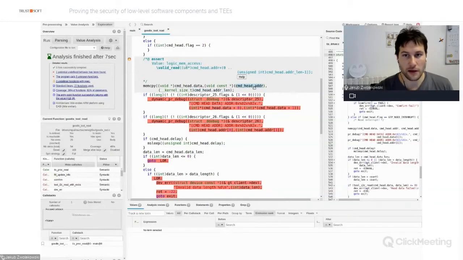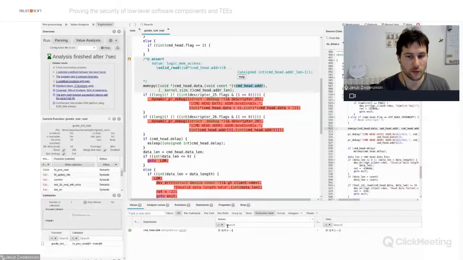I can, for example, click here on the comment head address, which is the second argument of our memcopy function. And I can see what the values inside this field of the structure are and what this structure actually is. I can see that this is a global or static variable, an array of type U8 of two fields, and both cells of this array have this special top value.